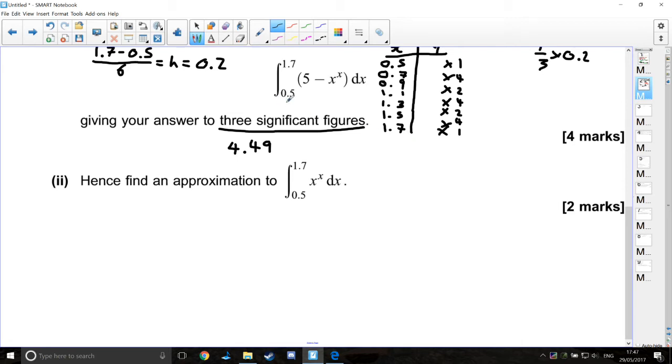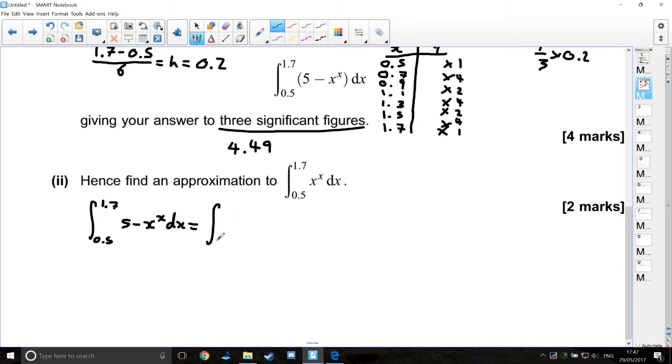So let's have a bit of a play around with this then. If I was to actually integrate this, what that looks like is I could say, well, the integral between 0.5 and 1.7 of 5 minus x to the x with respect to x, that's actually equal to